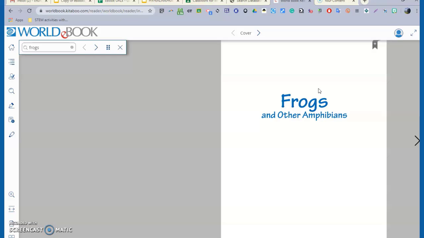Now, for most of us, when we're finding resources, what we like to do is just copy paste the URL. This URL is not going to get the kids to the book. This URL is simply going to get them to a login screen, which is not going to get them directly to the book. So what we need to do, because there's no save to Google Classroom option, is we have to have the URL. Now, Kathy Brewer, thank you, Kathy, has nicely created a document which contains all the URLs,